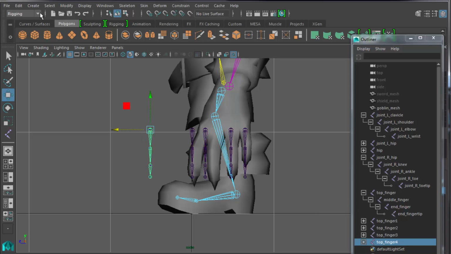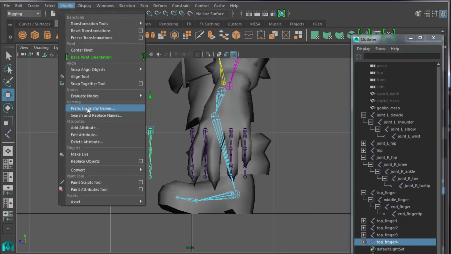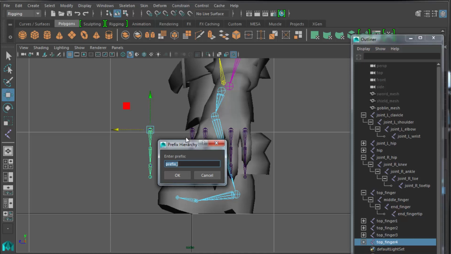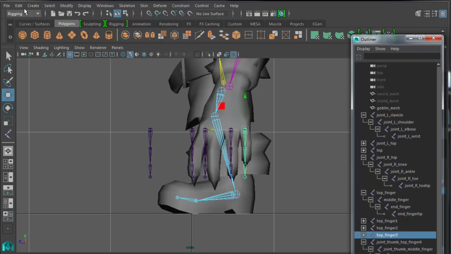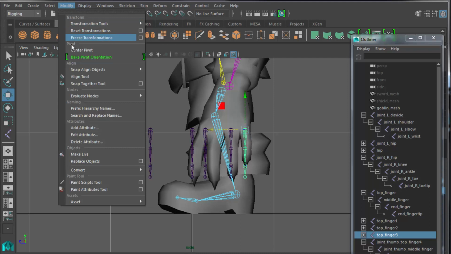This one I've already determined is going to be the thumb. So I come up to modify prefix hierarchy names. I'm going to type in joint_thumb, and I'm going to press OK. And then boom: joint thumb, top finger 4, middle, end, etc. Finger 3 is now going to be known as